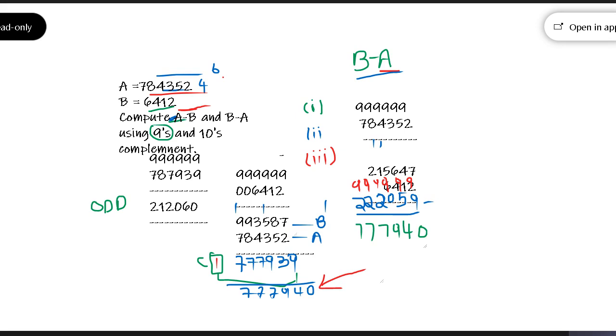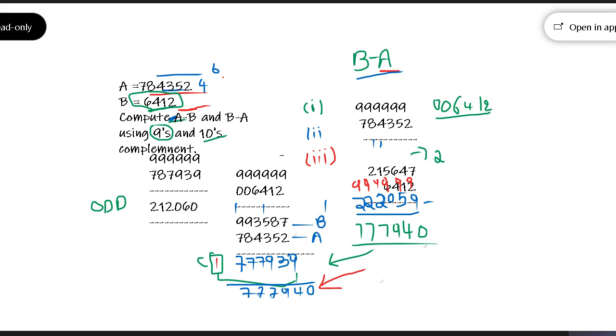See, the procedure will be the same, which is nothing but this. The procedure is the same. The only thing you have to remember is when you're adding to this particular 6412, don't add nines, add zeros, because when you add zero, the value doesn't change. Same thing for tens complement also. Only thing here it differs is, for this number you're going to add one value, so that